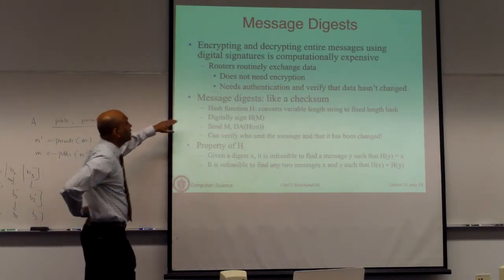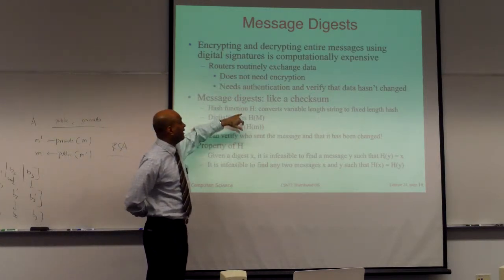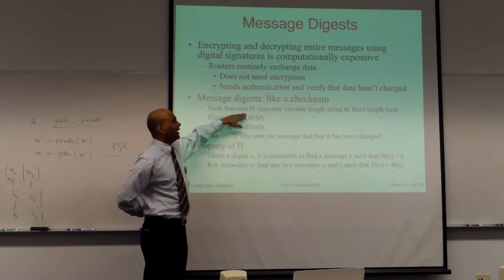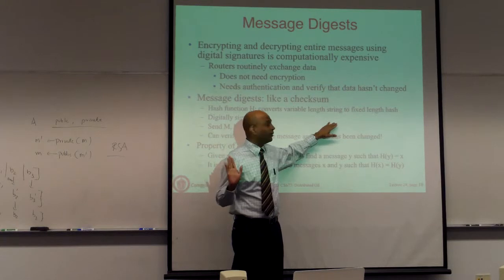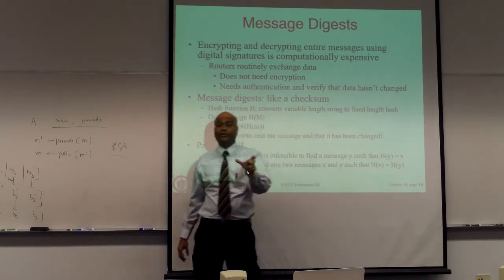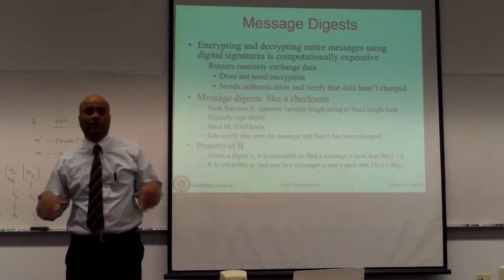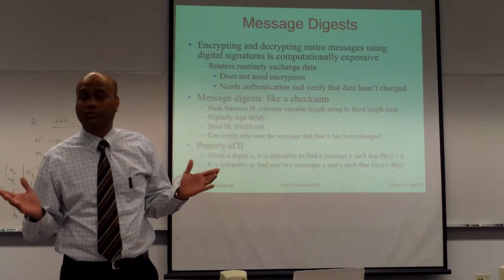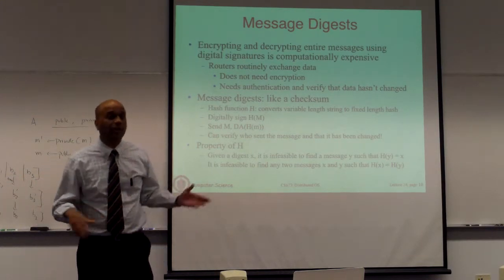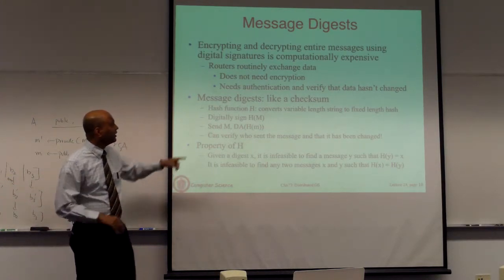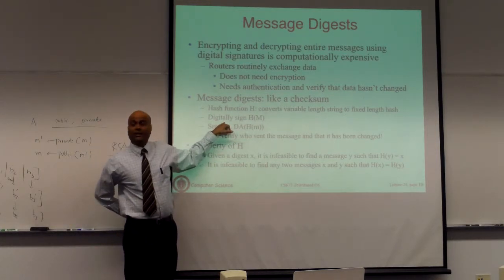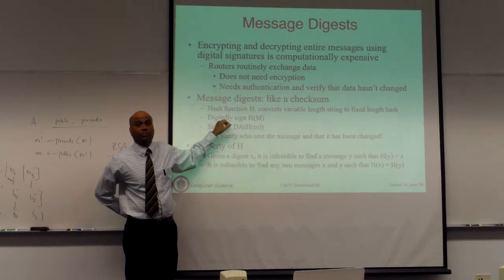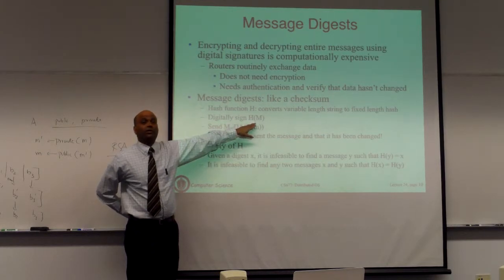So what you do is, you take the document M. The first thing you are going to do is apply a hash function, which will take a variable length string, any arbitrary length document, and convert it into a fixed length hash. The hash will be a fixed length, let's say 512 bytes or some smaller string, as opposed to an arbitrary length string. And then you take hash of M, and you are going to digitally sign it. You are going to just take your private key and sign or encrypt hash of M.